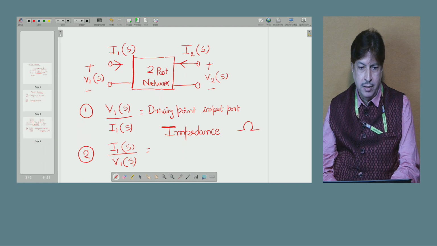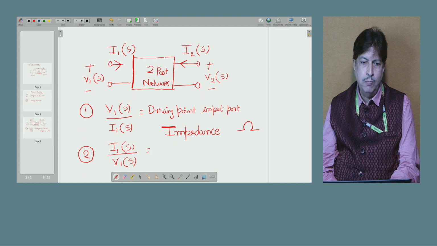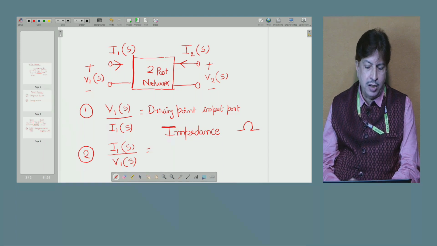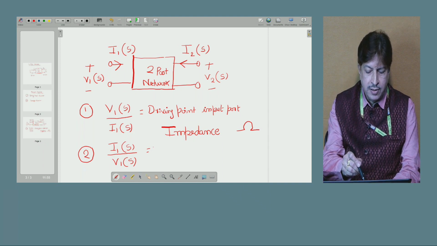Why? Because both numerator and denominator variables belong to the same port. Which port is it? It is the input port. Hence, the appropriate name for this network function is driving point